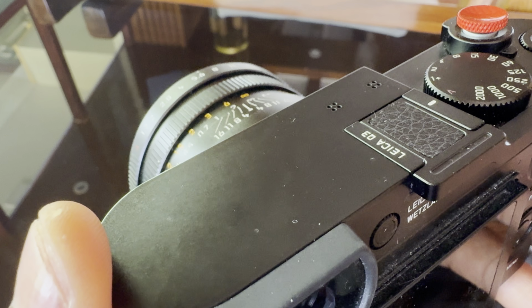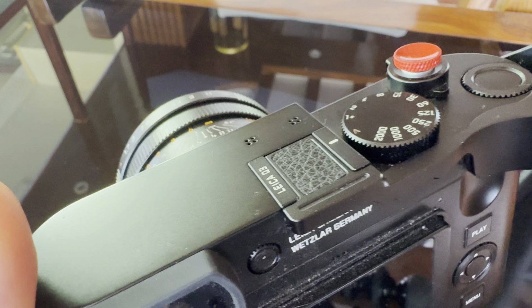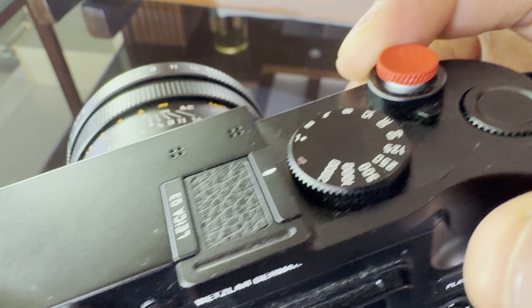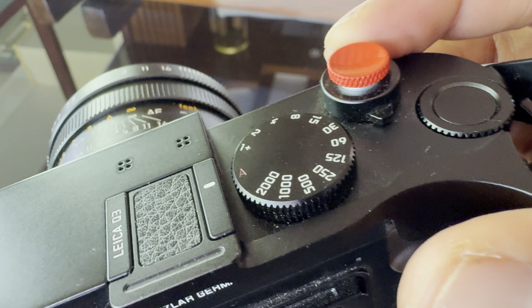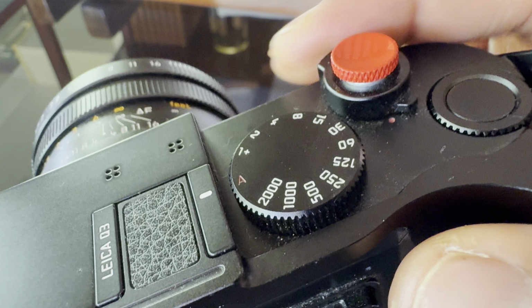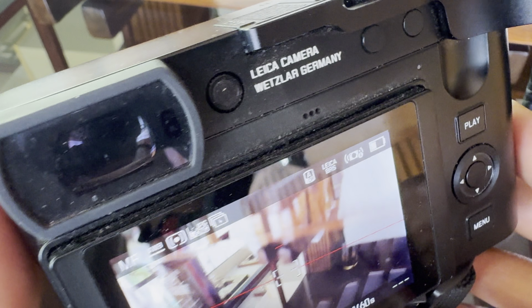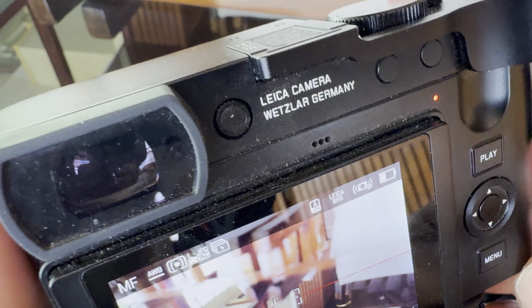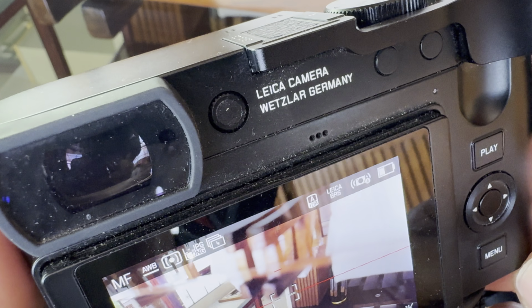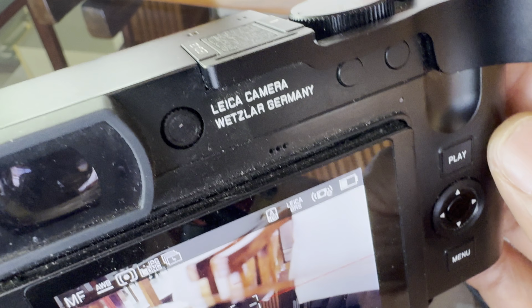So in my hand I have a Leica Q3, and I'm going to go ahead and turn the camera on by simply switching this. It's already on, so let me turn it off and pretend that it was never on, and then actually turn it back on, or turn it on in the first place, right? Now, once I have the Leica Q3 on, I'll press the button that switches it